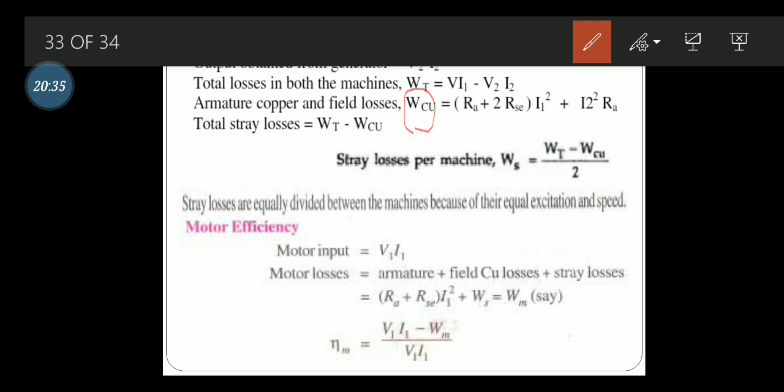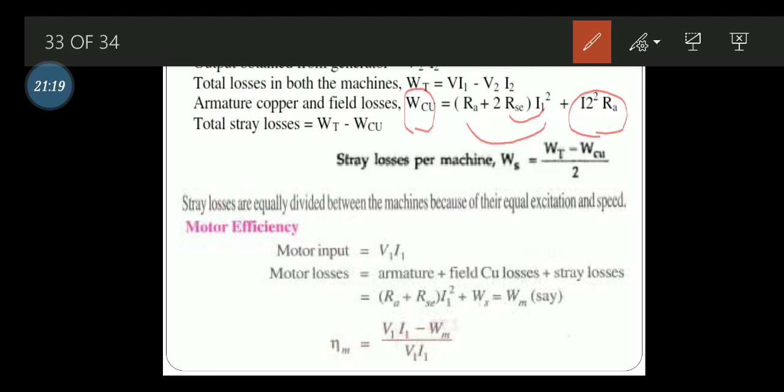They are represented by WCU, which equals I1 square into RA, the armature copper loss for the motor, plus I2 square into RA, the armature copper loss for the generator, plus 2 times I1 square into RSC, which represents the field winding losses, that is